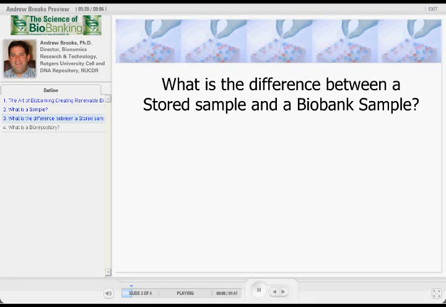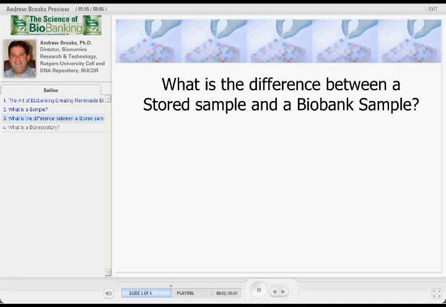One of the things I'd like to point out is really what the difference between, in my opinion, a stored sample and a biobank sample is. So a stored sample is somebody that gives you something and you hold on to it, and at some point in time they come to you and say, I'd like that back, and you say, okay, here you go. And they'd say, well, what did you do with the sample during that time? And you said, absolutely nothing. You told me to keep it here, and that's where it is. You need to be able to find that sample. You need to be able to demonstrate that for the lifetime that you had that sample, it was where it was supposed to be, i.e. at the right temperature and the right condition.